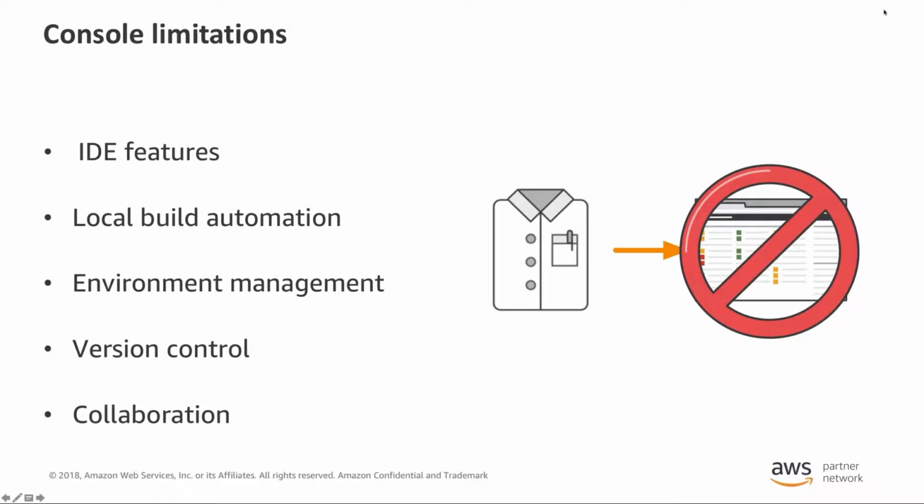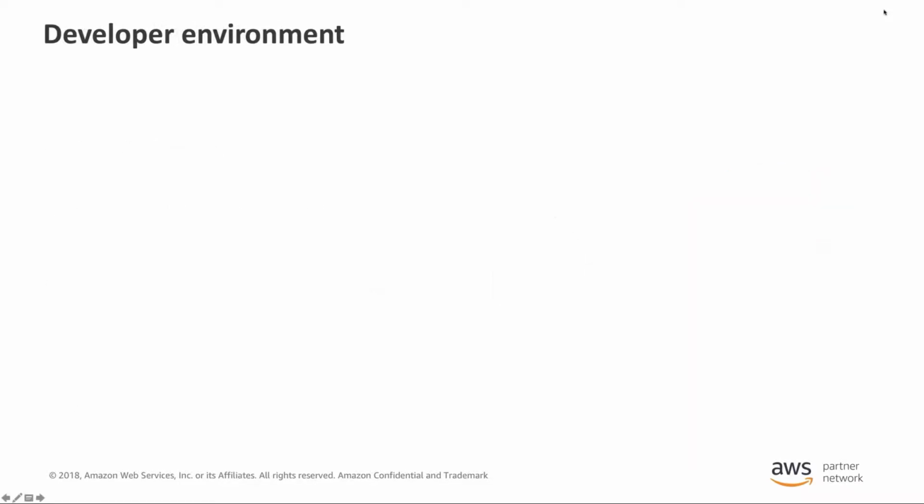So given that the console is not the right way to do this, what does a developer environment look like? If we're going to do this the right way, what does that mean? Well, first of all, you need some mechanism to write and edit code. And the key takeaway here is that you should continue to use the IDE that you already know and love to do this. There's no reason to change out the integrated development environment that you're using to actually author